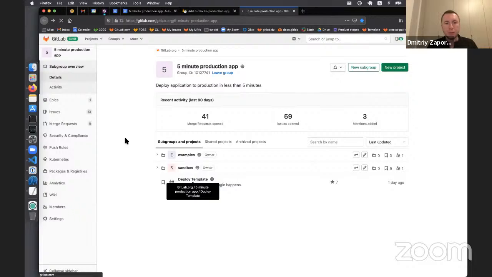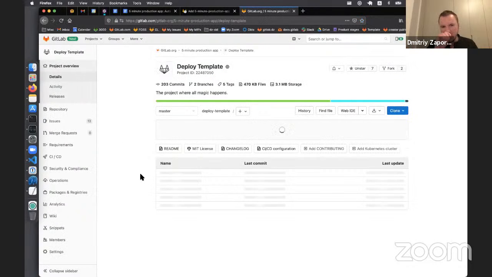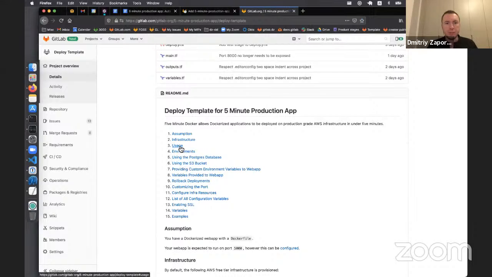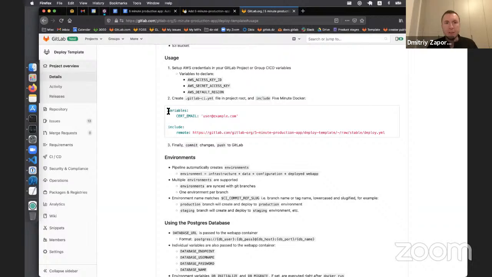If you go to the deploy template, to the Readme usage point, you can see that the template changed a bit. Now we require the user to provide an email, and we need this so we can generate a correct certificate for you. So by doing this, you get your application